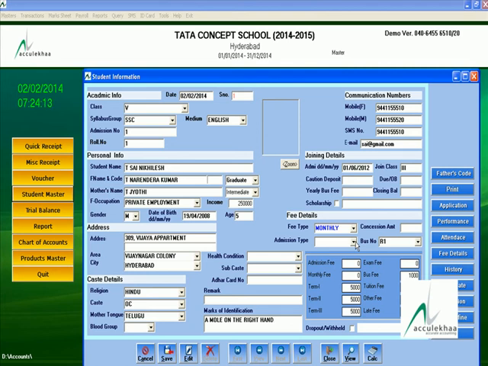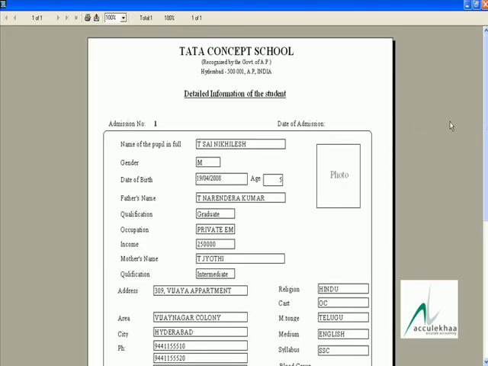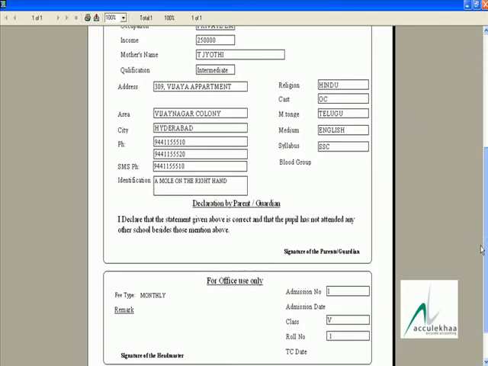Once you enter the correct data, then you need not to modify regularly. So try to enter the accurate and 100% correct data. Once you enter the data, you have to use this save button, then automatically it will save. Once you save, then you can give directly application print like this.